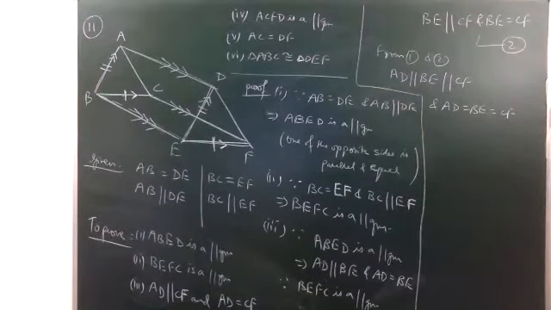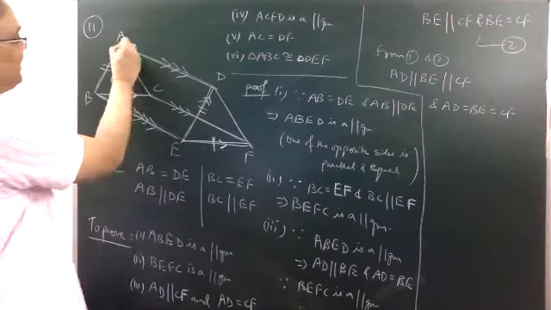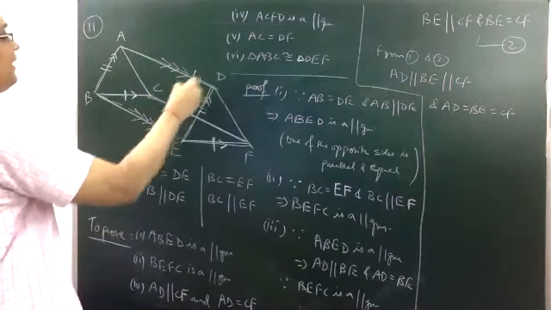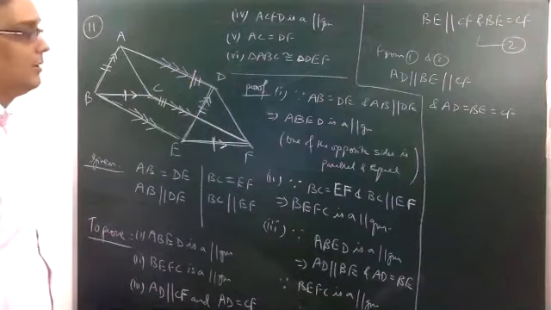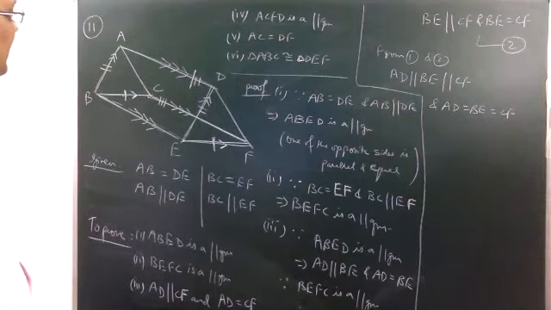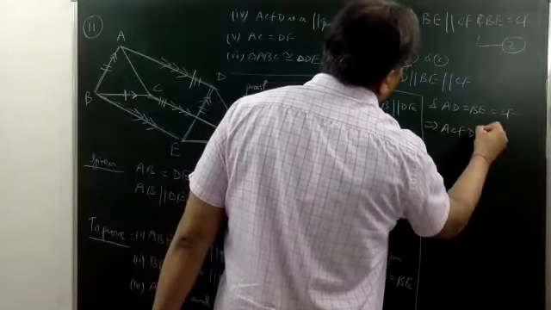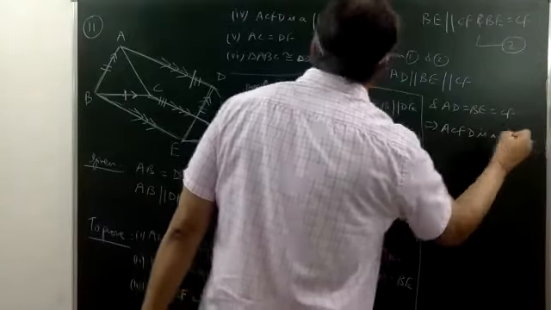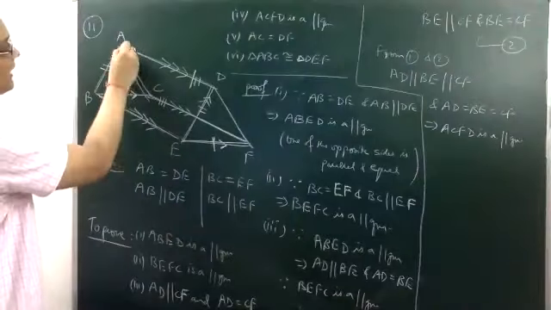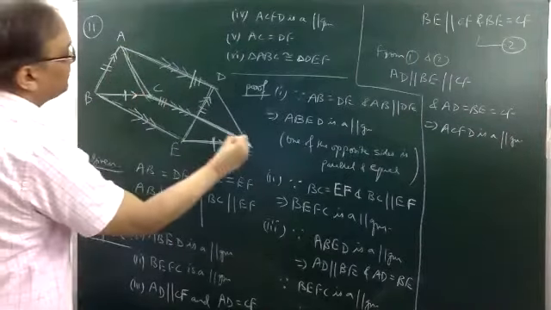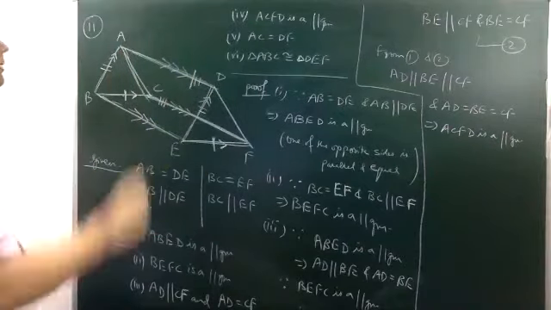ये दोनों को कंबाइन कर दिया तो ये थर्ड वाला भी प्रूव हो गया. अब हमारे पास है कि AD जो है CF के पैरेलल है और AD CF के बराबर भी है, राइट? तो इससे क्या हो जाएगा, ACFD is a parallelogram. This implies ACFD is a parallelogram. Why? Because one of the sides, this side is equal to this and this is also parallel to this. So this quadrilateral also becomes a parallelogram.